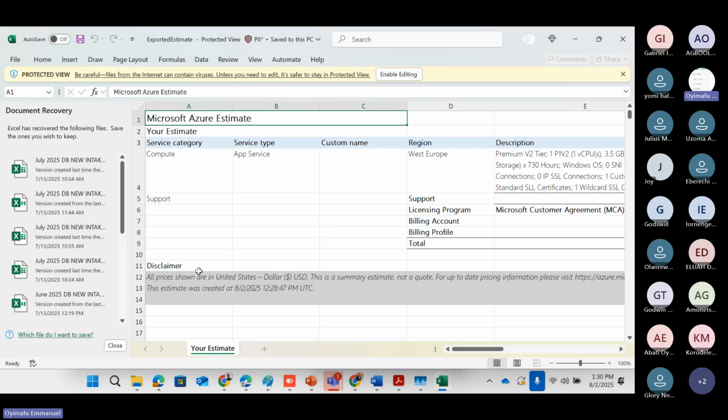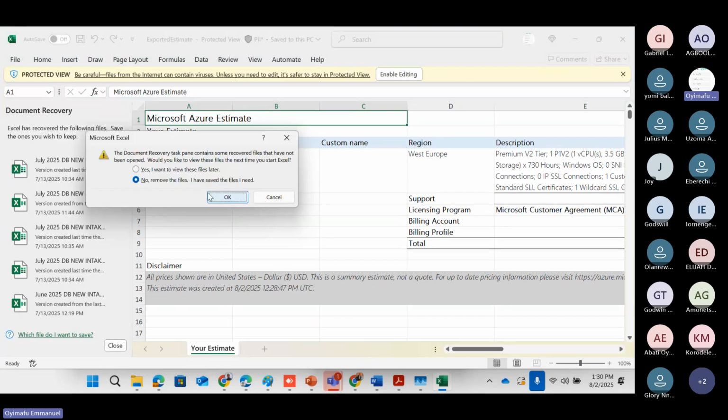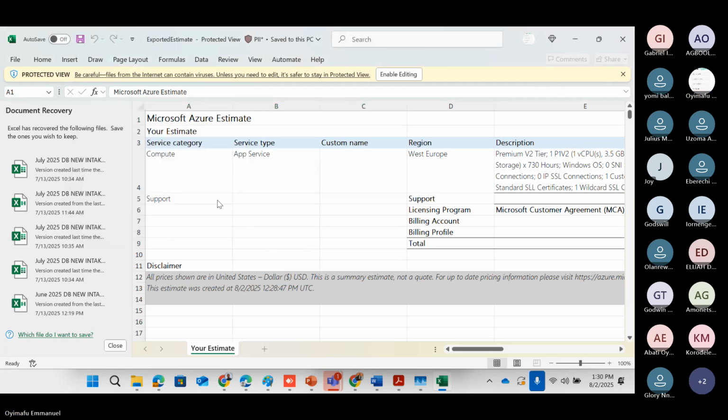Okay, so we have it open here. So now, do you want to know? I don't want to view them. So we have